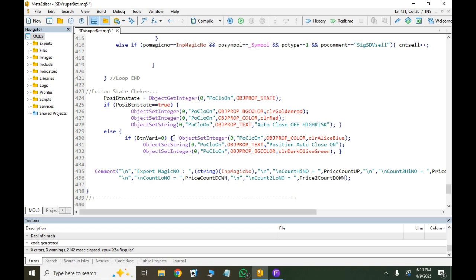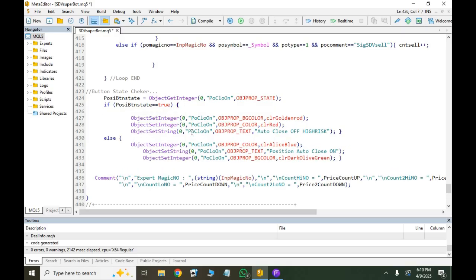Not here, that code should be there. If button state is true, then if the button variable is 0, then this property is running, and else